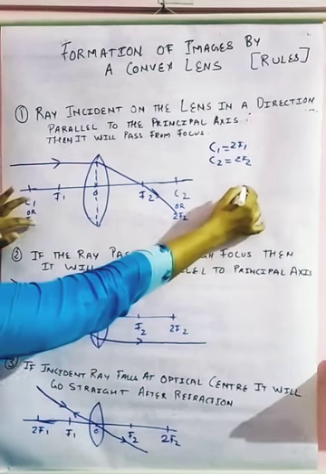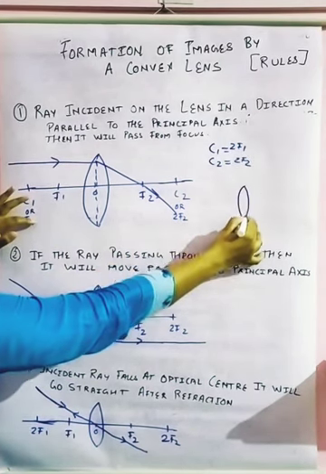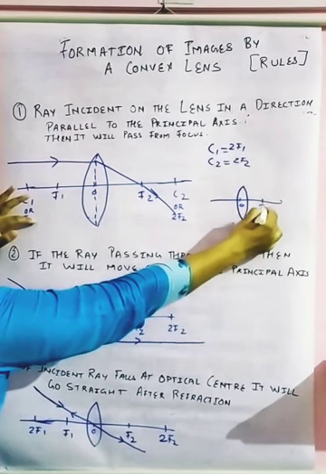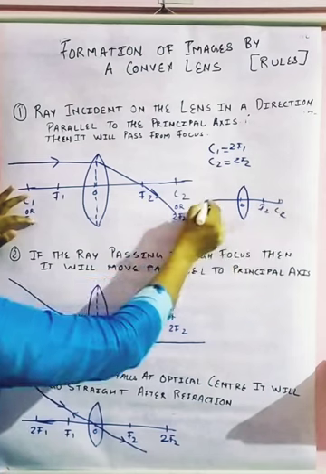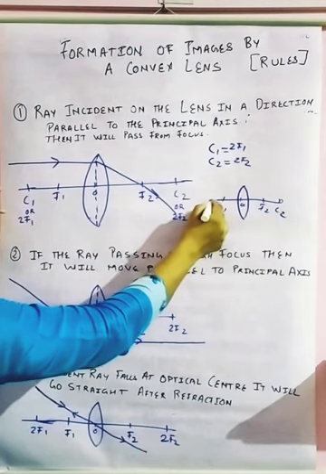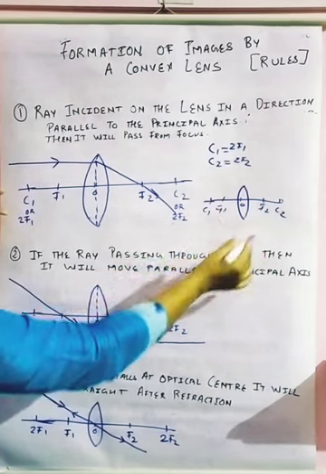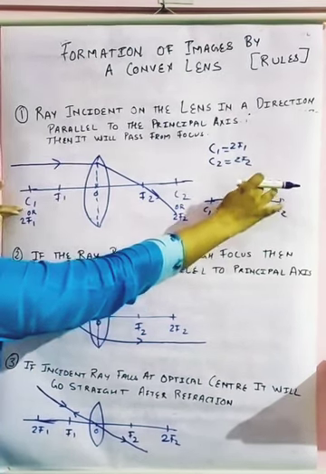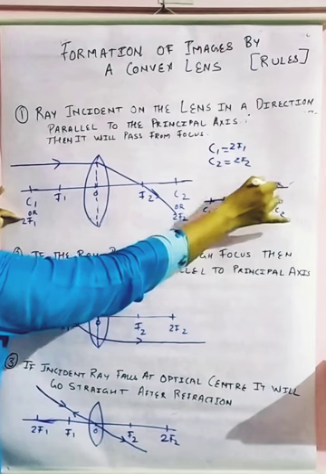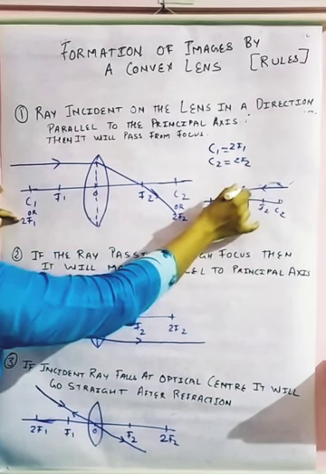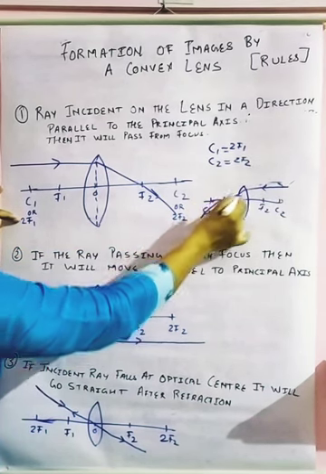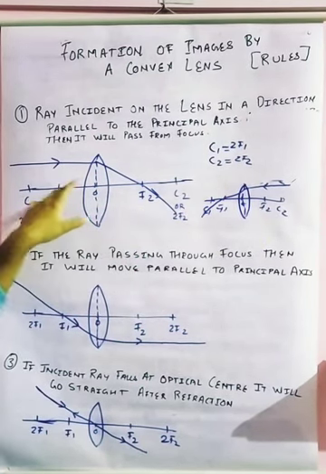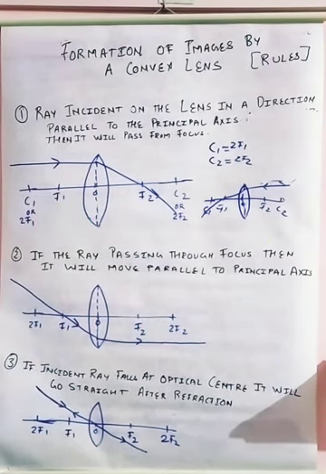Now for your understanding, I can make this in another way also. Suppose this is my optic center, this is my F2 and this is my C2, right? This is my F1 and this is my C1. Now suppose the ray comes parallel to the principal axis. Suppose here I find the ray coming parallel to the principal axis. Then it will pass through the focus here. Understood? It means the refraction can take place from that side also and from this side also, because it is transparent.